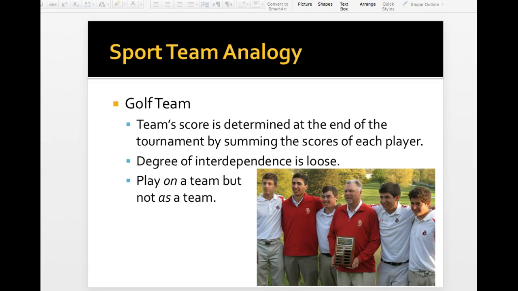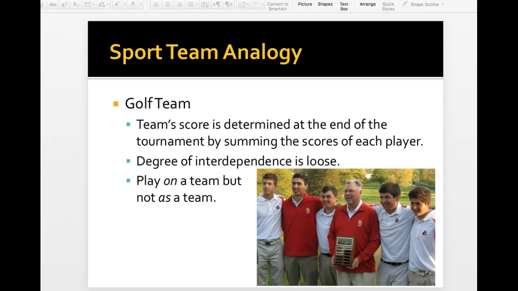So they're not interdependent, meaning that my golf game does not rely on your golf game as we're playing, but at the end, the scores matter to the outcome, right? Like my score matters to the team's performance, but as I'm playing, it's not so interdependent. I like this definition at the bottom. They play on a team, but not as a team. Think of some other sports where you really rely on the team members, like basketball, to really play together, right? We'll talk about that in a minute. So golf team, you have individual players whose performance contribute to a group score.